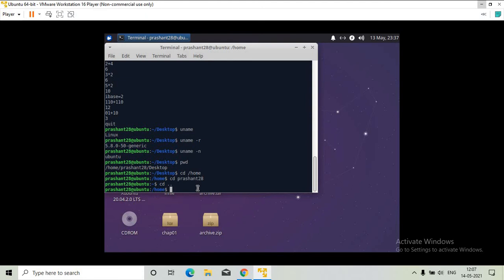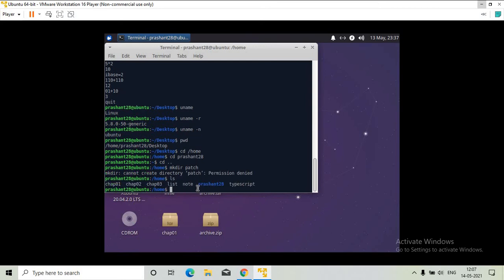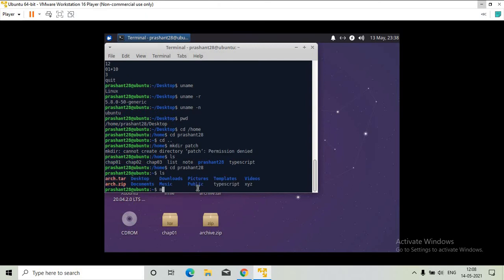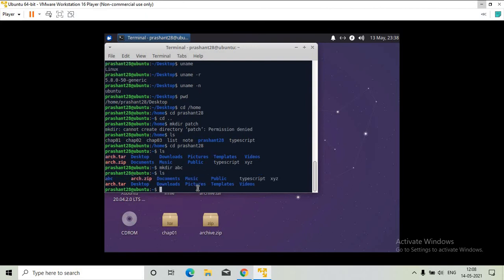And mkdir. mkdir is used for creating a directory. Suppose I want to create a certain directory. The particular directory is already present here, so I want to change it to the directory here. You can just see that ABC is created here. The directory is created using the mkdir command. So I can create a directory by using mkdir.